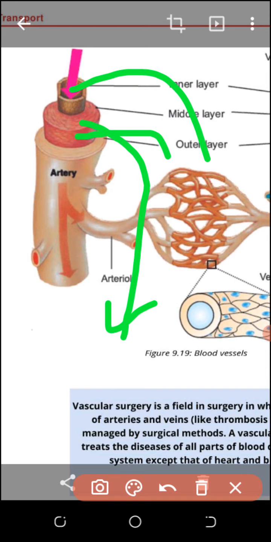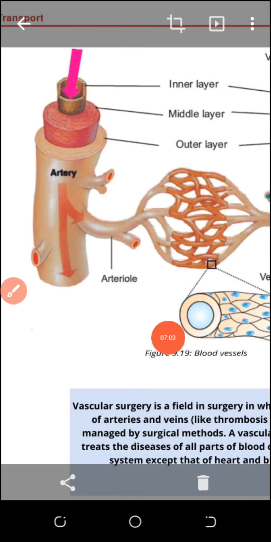of the cardiac. Muscles of the heart are called cardiac muscle, and cardiac muscles are more in the left ventricle, and the left ventricle pumps the blood to all parts of the body. So what will happen? The middle layer has more muscles, smooth muscles, and elastin protein is also present. So elastic muscles are present, and the endothelium layer is present in the inner layer. That's why artery is able to bear more blood pressure.